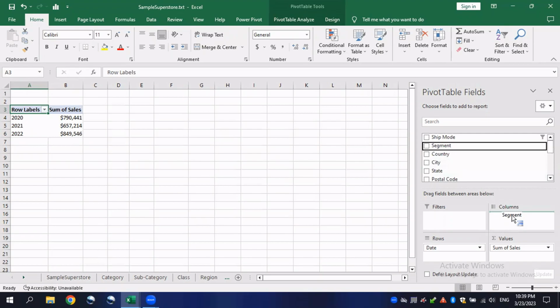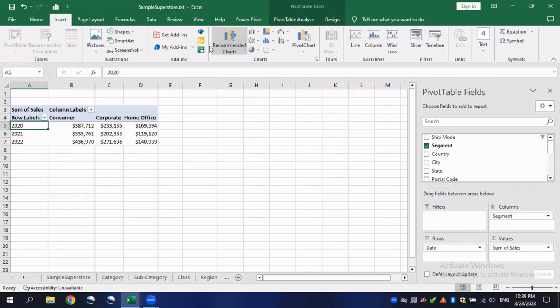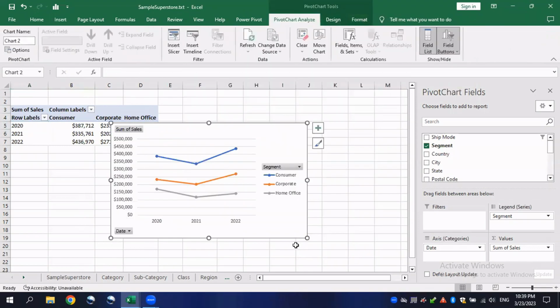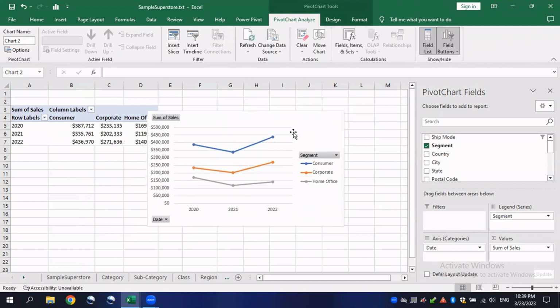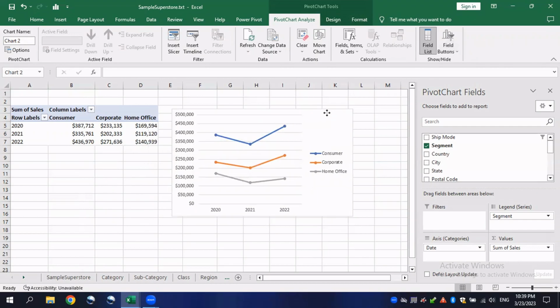We will include it to columns, and now you will see that it has printed out the pivot table by years here, and we want this to be printed in line charts. How should I do this? We will click on any of this cell, insert, recommended chart, line, and check one of them. This one looks better. Click OK, and our chart is already ready. You will see how our trend looks based on these sum values. We will hide all these fields again. We will not change it,